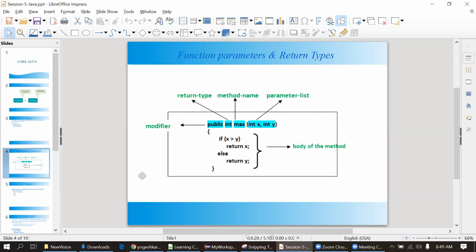The second part is the return type. Return type means if we are performing some action and we want to return some data to another method to reuse it, we define the data type here, second, after the access modifier. Third one is the method name, which we can give any name. It should be relevant, because if someone reads that method, they should understand for which purpose we created it. It should always be meaningful.